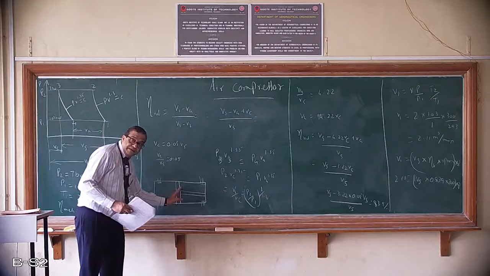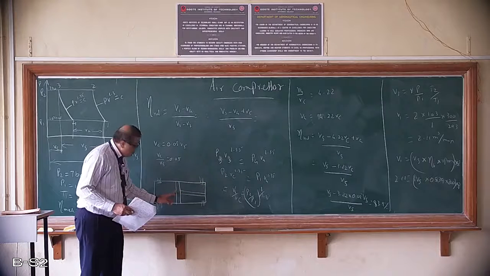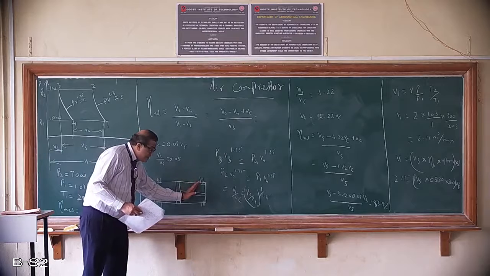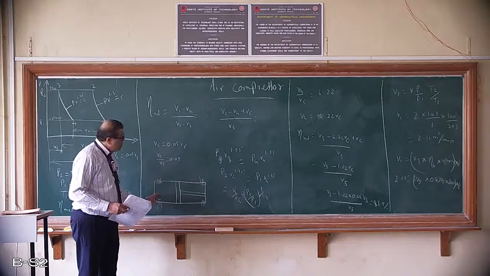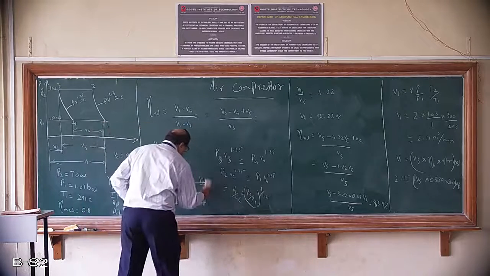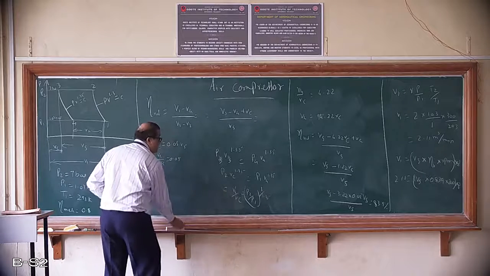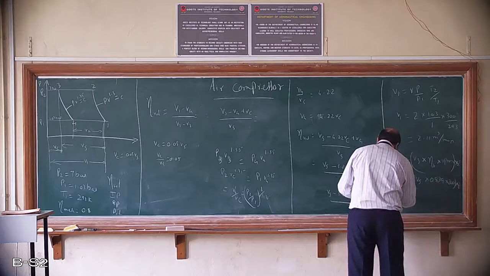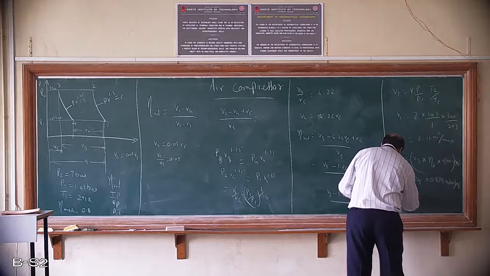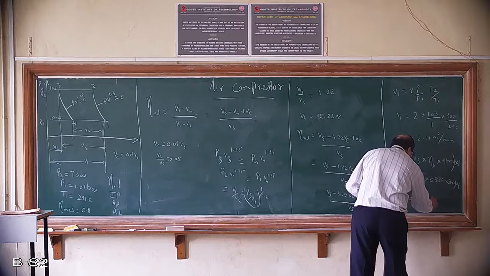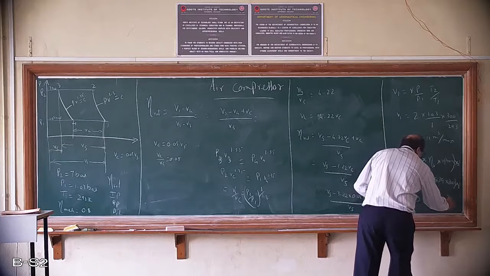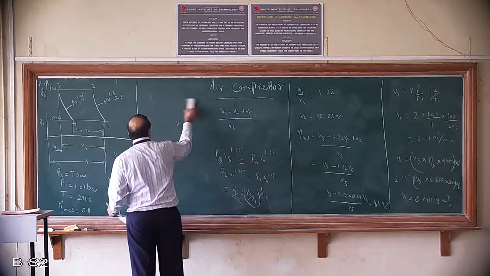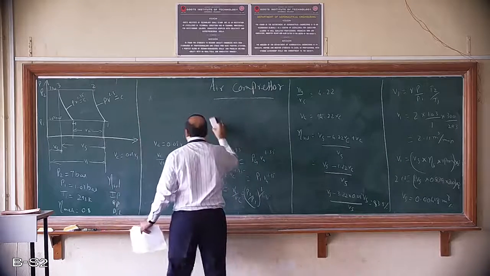So it is single stage, only one piston and one cylinder, but double acting. Double acting means this side also air is compressed, this side also air is compressed. So it is double acting. So into 2 here. That's the reason I have taken it as into 2. So with this we can calculate Vs is equal to 0.00418 meter cube. So once we calculate Vs, that is swept volume, okay. So what is swept volume?